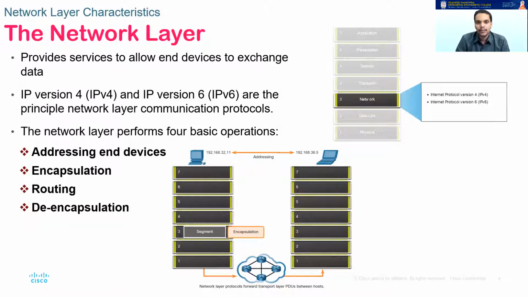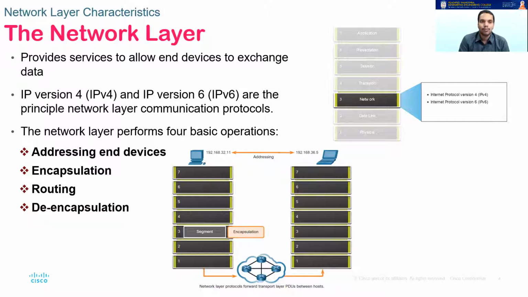Encapsulation and decapsulation we already studied earlier. It is nothing but the addition of headers to the data that is being sent by your upper layers. Addressing is done by a protocol called Internet Protocol, with IP addresses. We have 2 versions of it currently, IPv4 and IPv6. We will be studying what IPv4 is and what IPv6 is, and also the main differences between these 2 versions. Routing is very important because communication is completely dependent on routing.